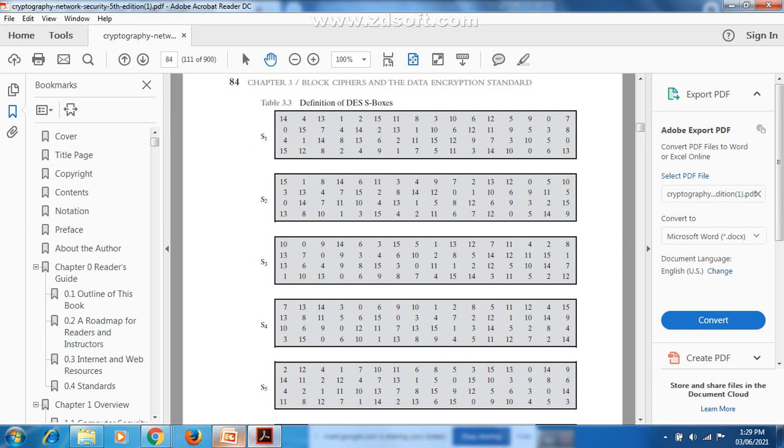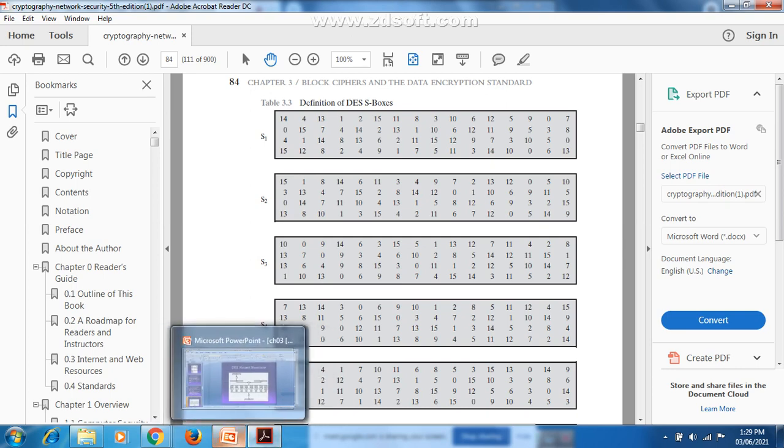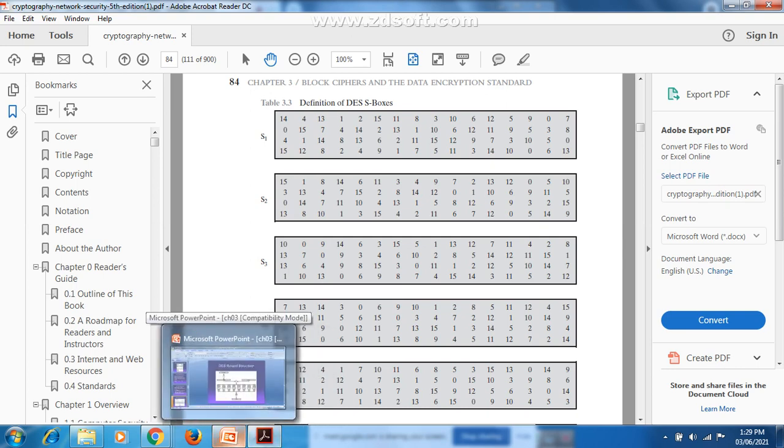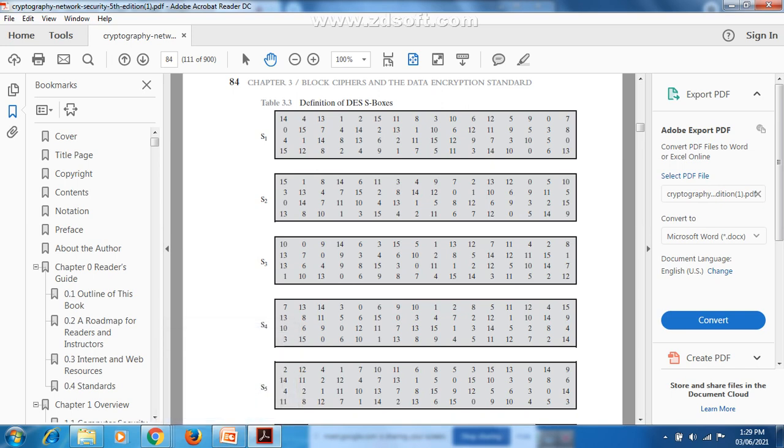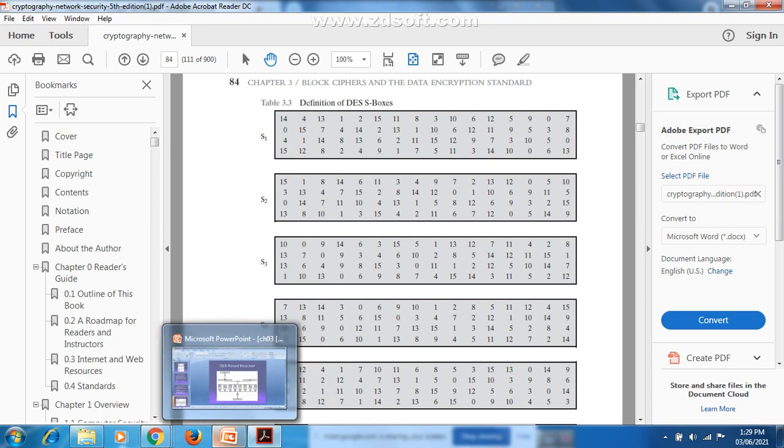Right. 12th column, what is the value there? See, 4 rows are there, 12th column. What is the value in the 12th column, guys? It is 12. 1, 1, 0, 0 is 12.